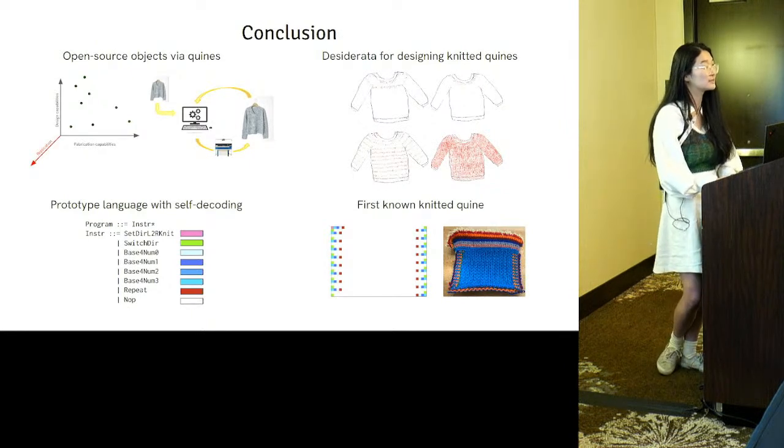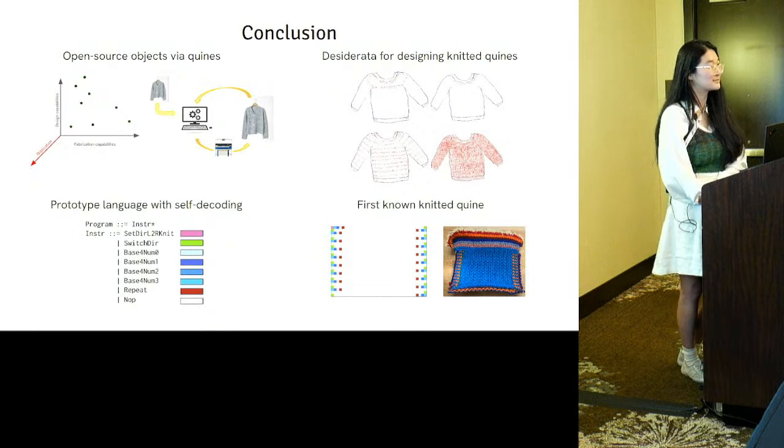Since most of your instructions are row-based, where each row starts with its encoding, but you already have this notion of repetition, I was wondering if you could have a two-dimensional repeat as well, which might help reduce the number of instructions in a knitted object. I was wondering if that had been considered in your design.